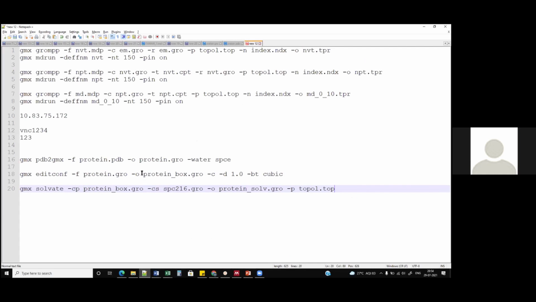Okay. So the output of the second command is now what we are using as the input of the third command. Ignore this right now. This is the water molecule configuration file for the water. And then this is the output, where we will have the protein in solvent. And then this is the topology file which we generated initially. Okay. So I'll just open up Chimera and show you how all this looks.